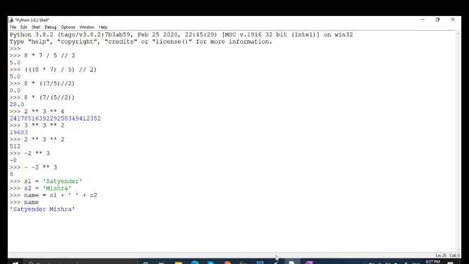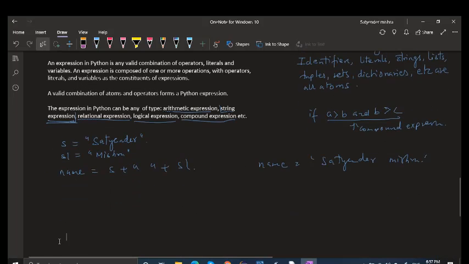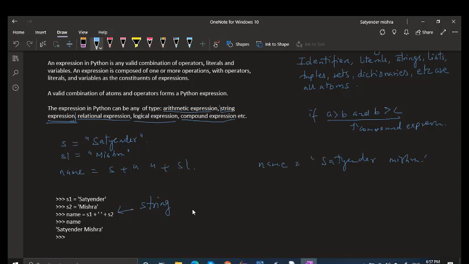If you write name, it will show you the content of the name, which is Satyendra Mishra. And this is called a string expression.